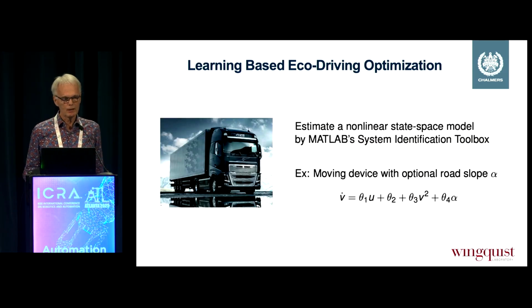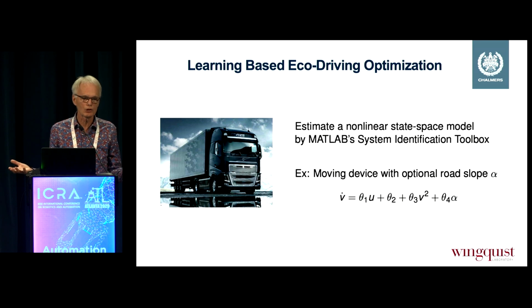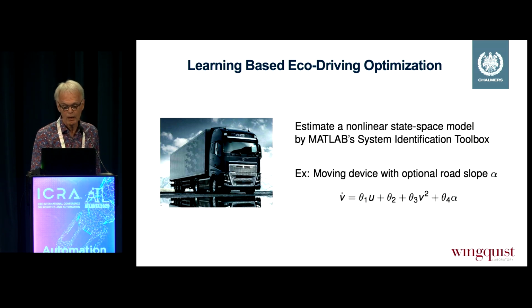So in this case, as an example here, I look at eco-driving of a truck. And actually, in this case, the basic dynamic model can be formulated something like this. And it's more or less a black box because you take a polynomial in the velocity, you take a polynomial in the slope of the road, and also, due to Newton's law, you have a relation between the acceleration and the force of the torque. Nothing more. Very, very basic knowledge. The rest you can estimate by estimation tools, the parameters.